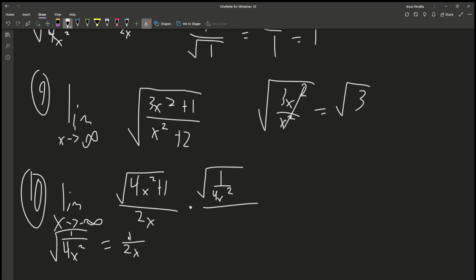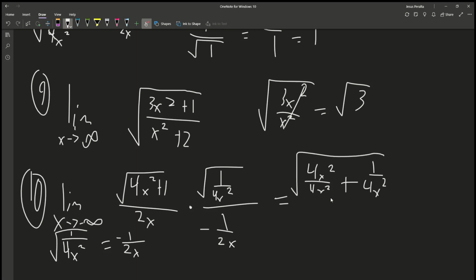It goes from a positive, an even, to an odd, so this is going to be negative. So it's going to be negative 1 over 2x, which is equal to 4x squared over 4x squared plus 1 over 4x squared, square root of this,